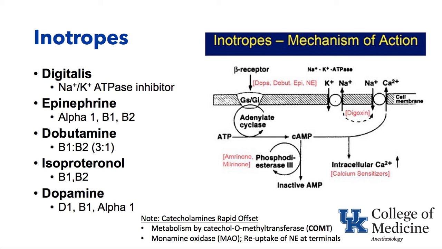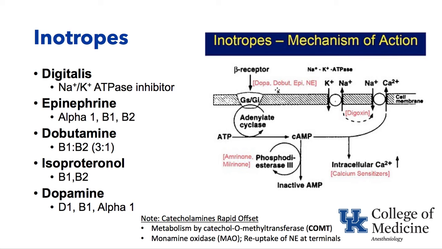And look at the graphic to the far right. You can see that the mechanism of action of inotropes is shown. First of all, the beta receptor, which can be activated by drugs like dopamine, dobutamine, epinephrine, and norepinephrine. When it is activated, cyclic AMP is increased via communication via G protein. That cyclic AMP results in increased intracellular calcium and the effects of beta receptor agonism, including increased contractility, heart rate,